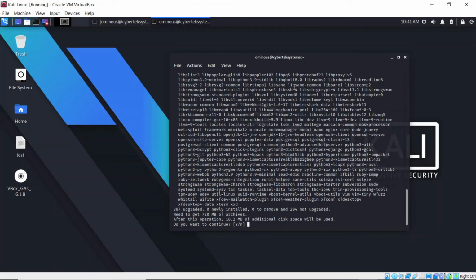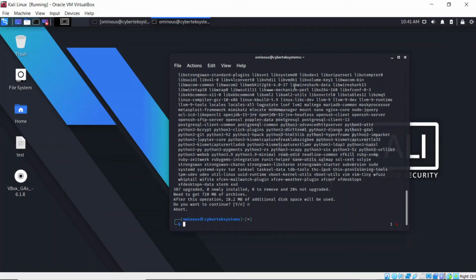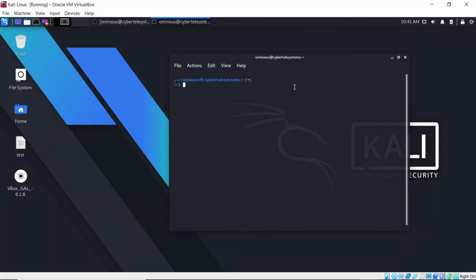Now, it's 387 tools to upgrade. I'm not going to sit here and wait for all these tools to upgrade, but for you, you can just hit Y and hit enter, and it will automatically upgrade all these tools that you see before you, and you'll be good to go. Okay, so I'm just going to click no. And, you know, just to give you a shortcut, if you don't want to have to sit there and hit Y all the time, you can hit